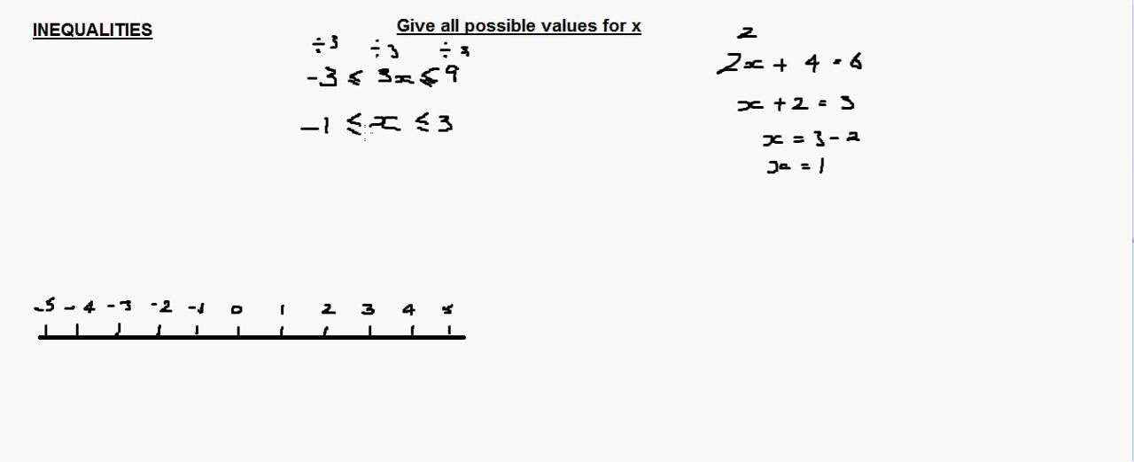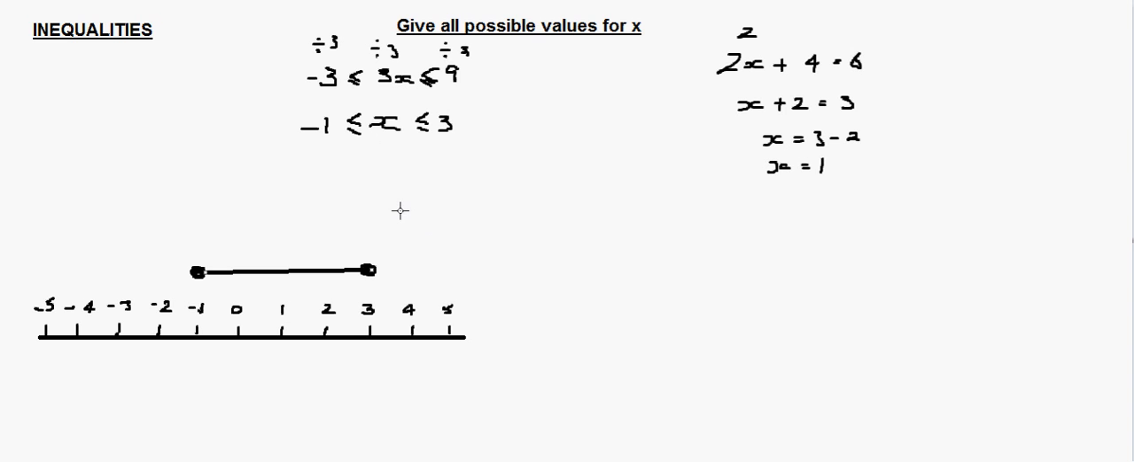So now both signs are and equals to, so they'll both be solid circles. So I can go to minus 1 and put in a solid circle. I can go to 3, put in a solid circle. Now I can just connect these together,